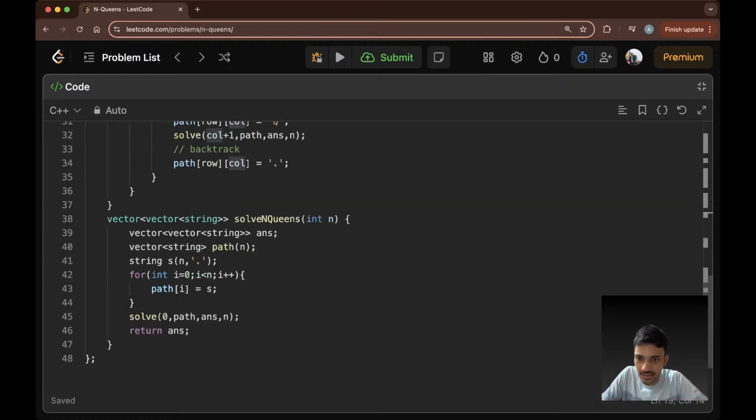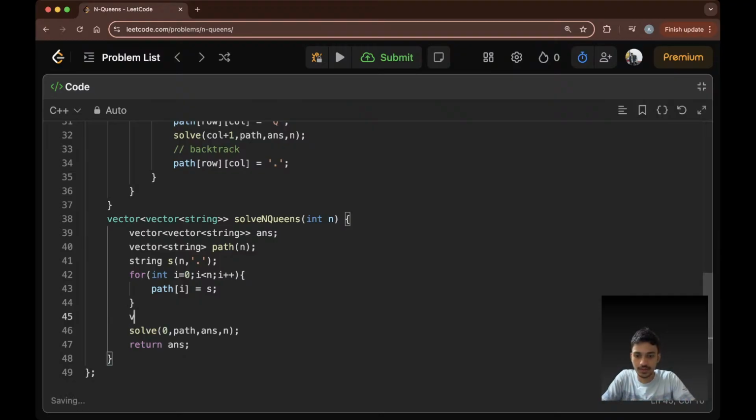So we need three things: a vector of int, let's say left row, which has a size of n and all elements as 0,